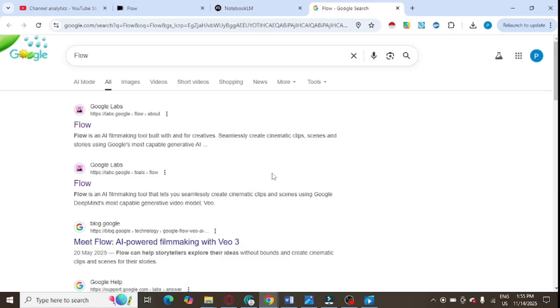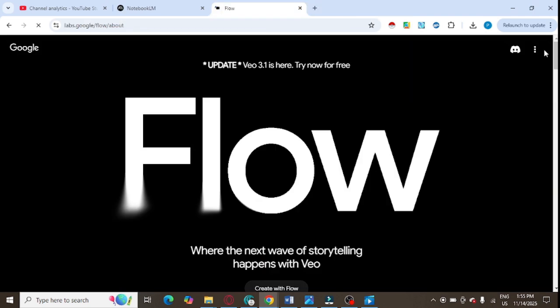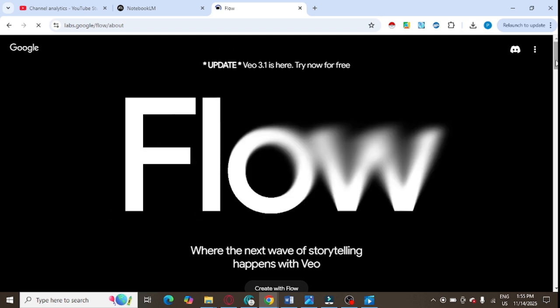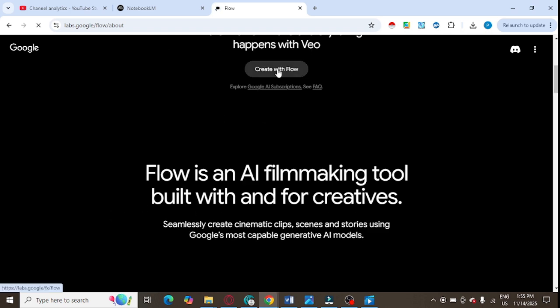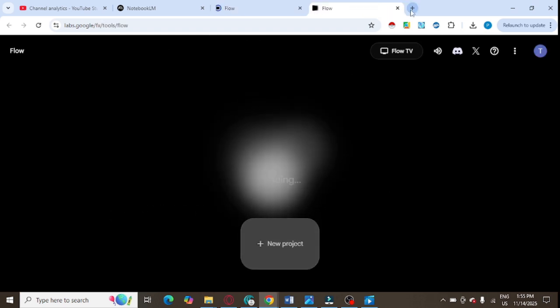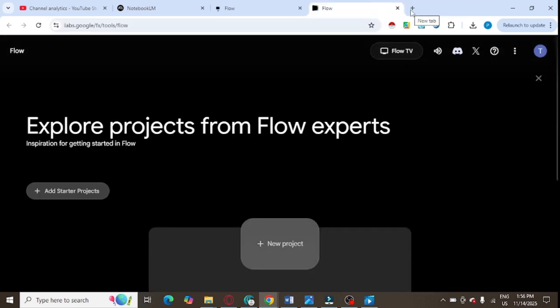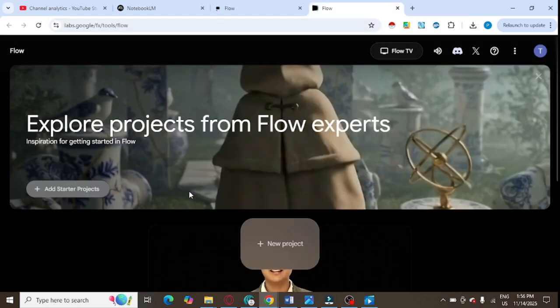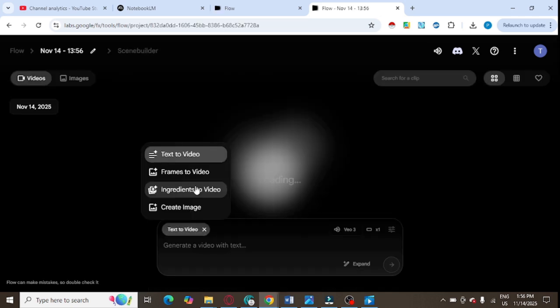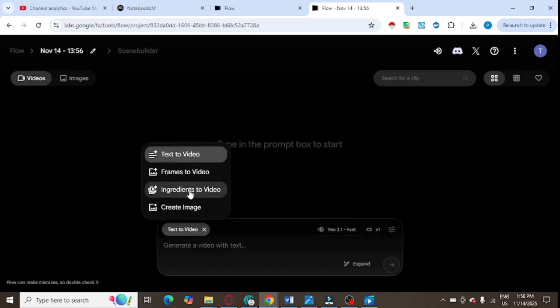So for this you need to type in Flow in Google and you need to open this labs.google. After opening this you can log in with your Google account or click on create with Flow. For this you need to get a script which you can get from any AI. You can get a script of the video from AI. Click on create a new project. Here you need to click on this option, frames to video, or you can select ingredients to video, any one